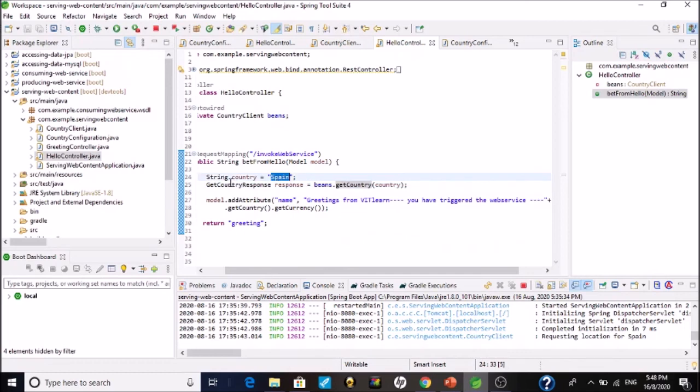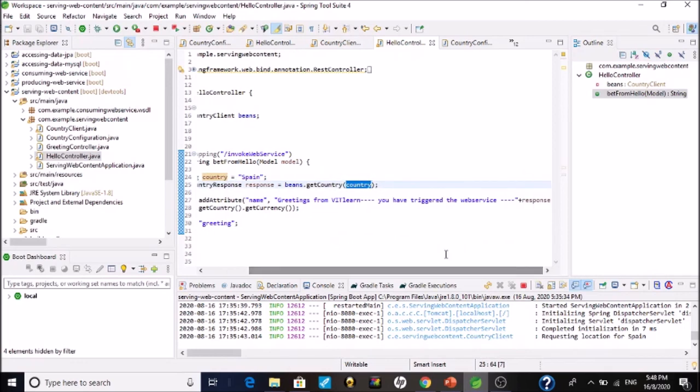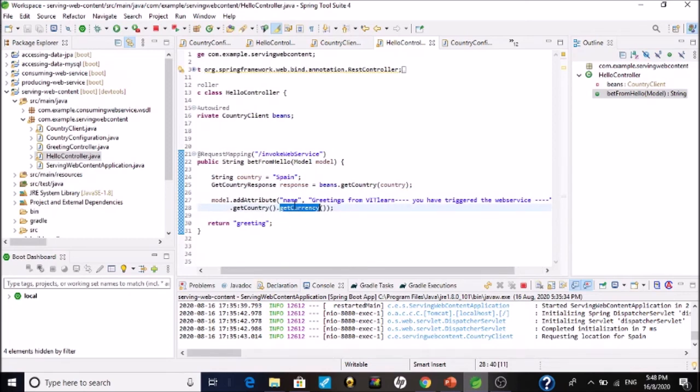I am passing the country name as a string. In the response, you will get the currency name of that country. So this bean.getCountry will actually invoke the web service which is exposed in the server, and you will get the response, and that response we are going to print in your HTML.